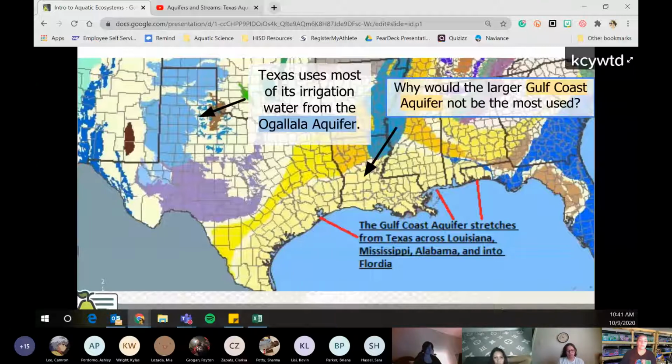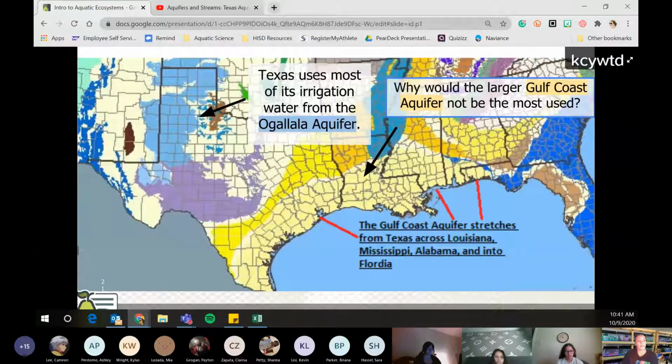All right, so some things I'm seeing here that are correct. It's near the ocean, and salt can get mixed into the aquifer. Salt water can seep into the groundwater from the Gulf of Mexico. That is called saltwater intrusion. So we don't really use as much of the Gulf Coast aquifers, one, because of the chance of saltwater intrusion. We already are close to sea level. If we overpump, we're going to cause a lot of subsidence and flooding. And when we overpump, it's going to fill with salt water.